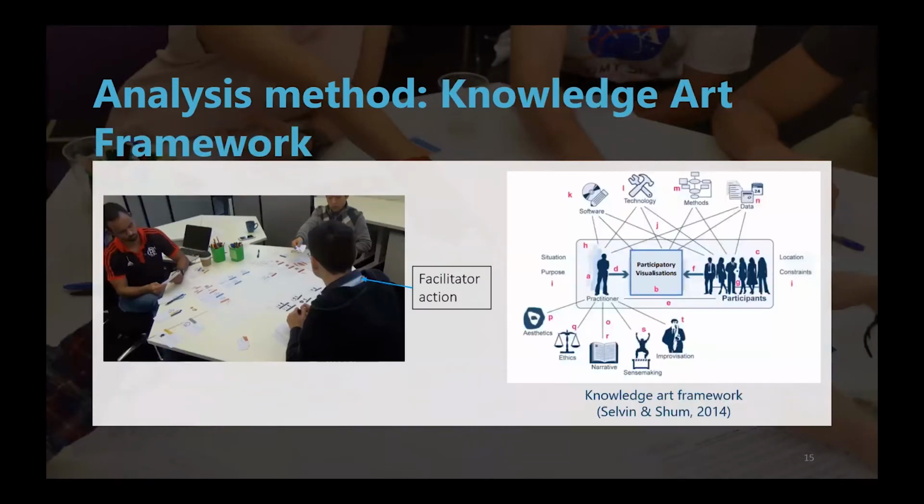For our final question about the role of the co-design practitioner, it was really hard to start from zero, so we used the knowledge chart framework. This is a framework that gives you context of why you are doing things. The facilitator can do many things during the session, but most of them respond to the intention when working with participants. Are we building the aesthetics of the product? Is this about making sense of your idea? Or do I have to improvise to keep the conversation going? We don't have to start from zero, but we wanted to complement this, which is part of our contribution.